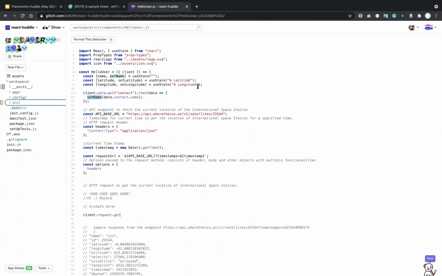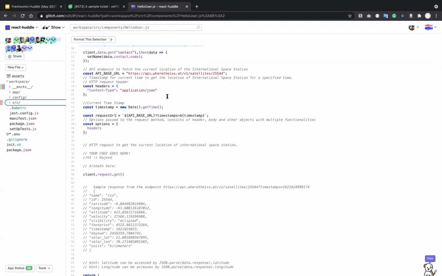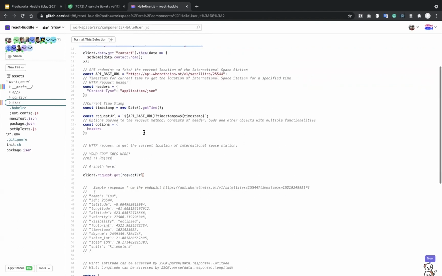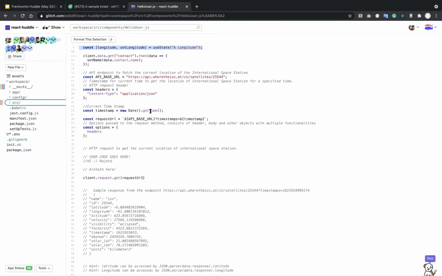So this is exactly how we are going to do it for latitude and longitude. That is why I have 2 states for latitude and longitude. Please don't tell me we could do it with 1 state. We could, but this is for the sake of this demo. So before you guys start editing, let me just explain what I have here. Ashit is pretty enthusiastic and has already started coding, so I'm just going to explain to the rest of you guys.